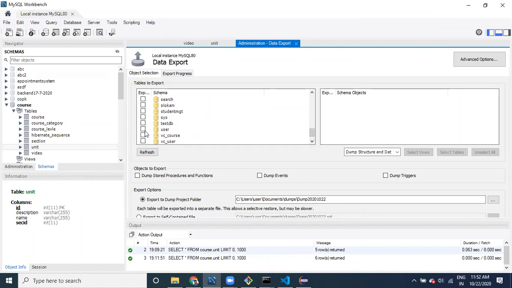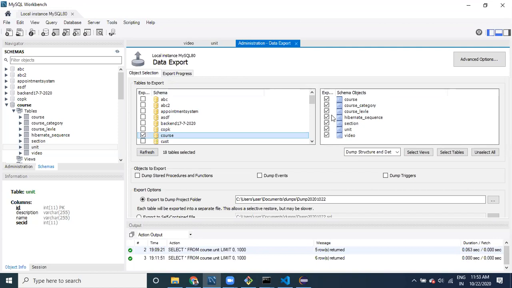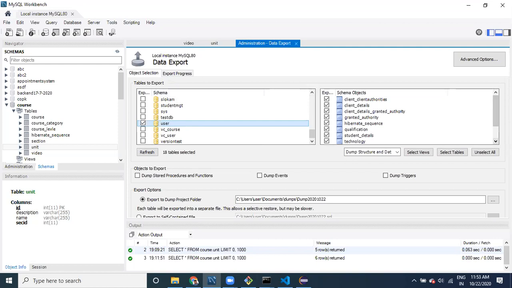For these two things, I would like to export the table, and even user. Two things are available. These tables I would like to update. I would like to take this file next.